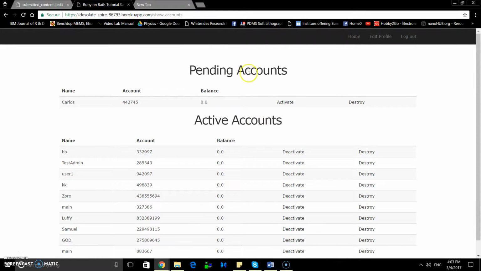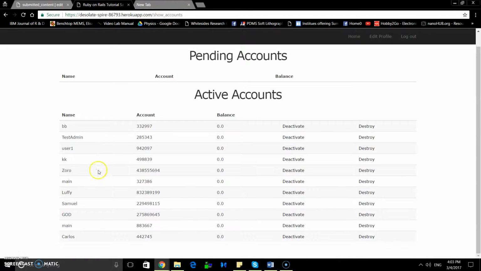Here you see two sets of accounts. The first set is the pending accounts and the next set is the active accounts. So here you can see activate and destroy buttons for a pending account. On clicking activate for a pending account, you can see the pending account of Carlos has moved to the active